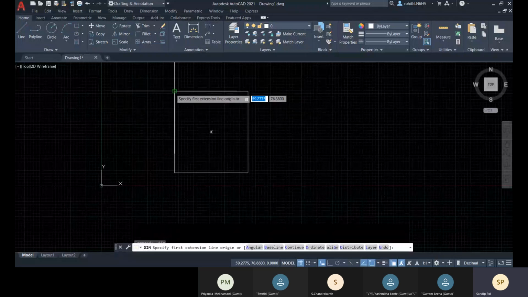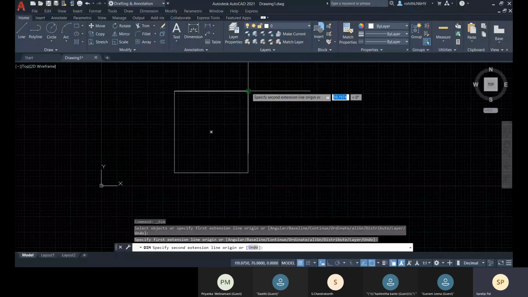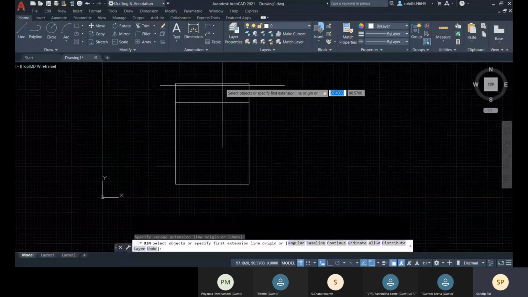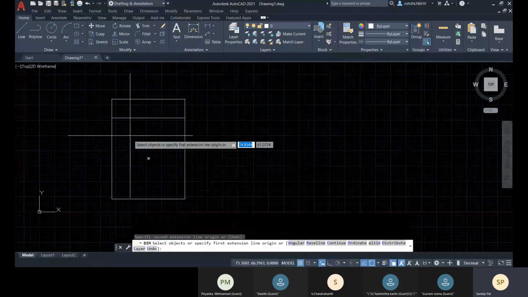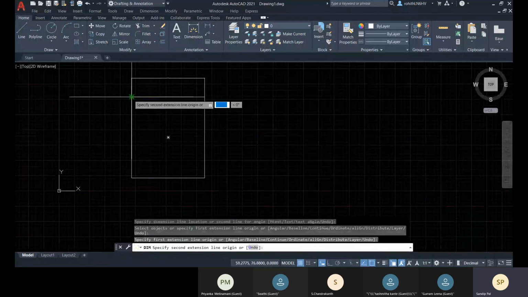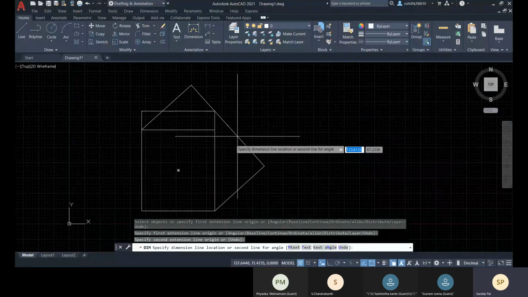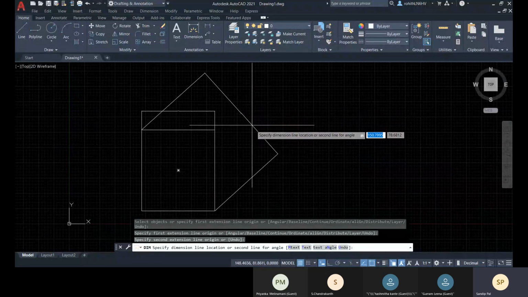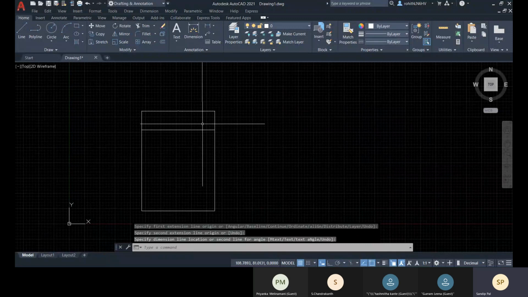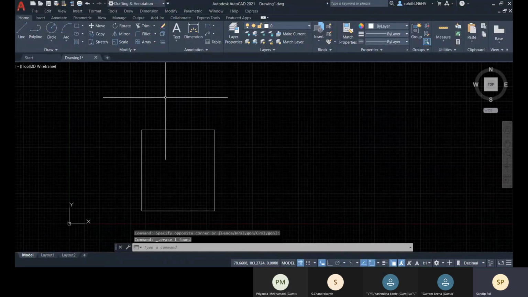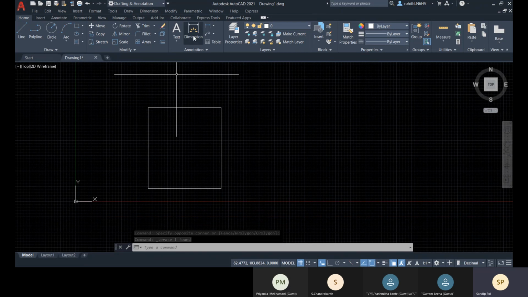It will identify the linear direction, so if you go from this point to this point, it will take an aligned dimension. This tool is very useful, but sometimes it creates a problem as well.